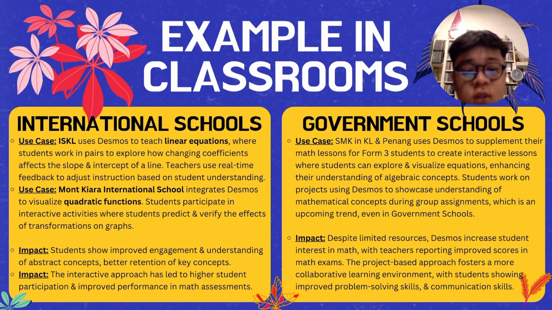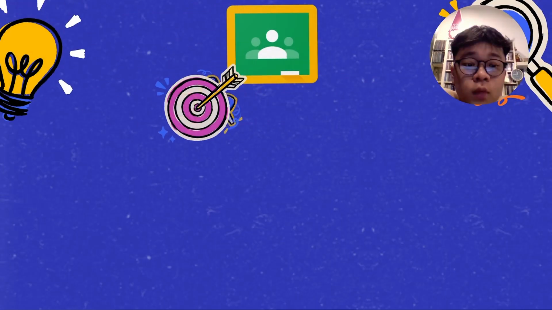But using Desmos increases student interest in maths, where teachers actually reported improved scores during maths exams, and that it improves the collaborative learning environment, which is not very common in government schools. So this in turn helps not only in improving students' math skills, but